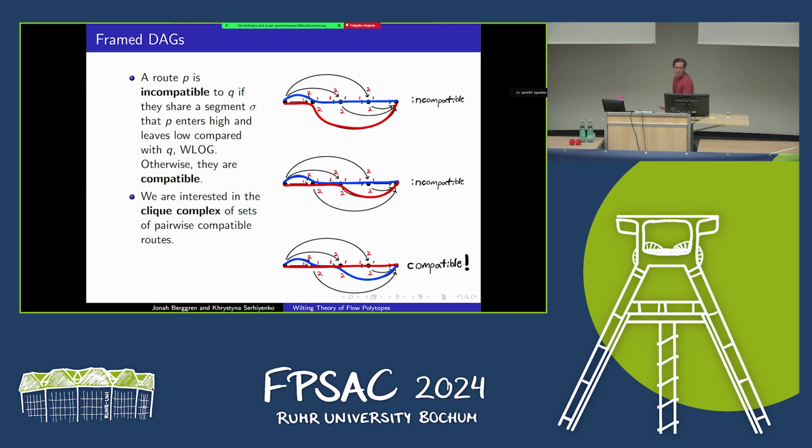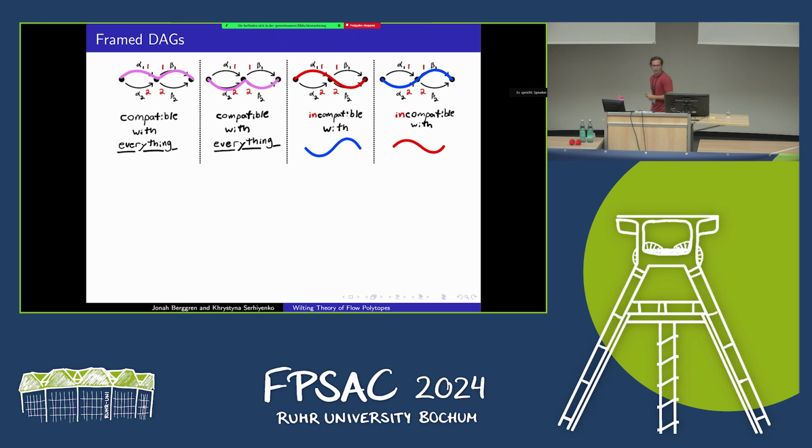So, well, this gives me a compatibility relation, and I turn this into a simplicial complex on my routes. So I say that a clique is some collection of routes, and they all have to be compatible with each other, pairwise. And so this gives me the clique complex. I care a lot about the maximal cliques in particular, and it's worth going through a little example here